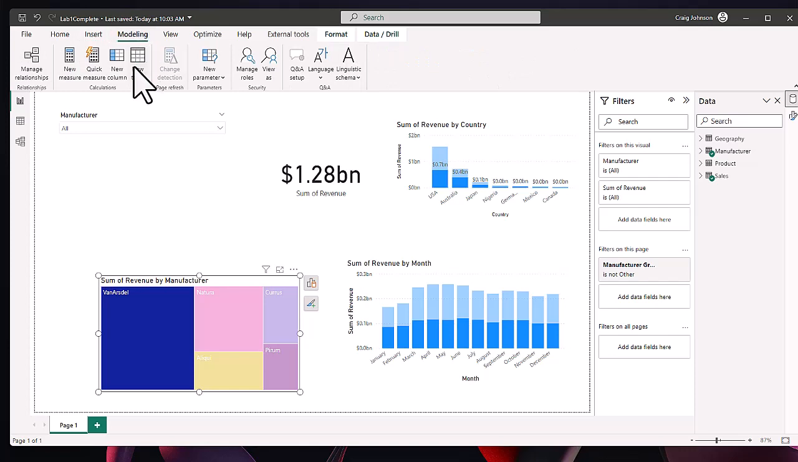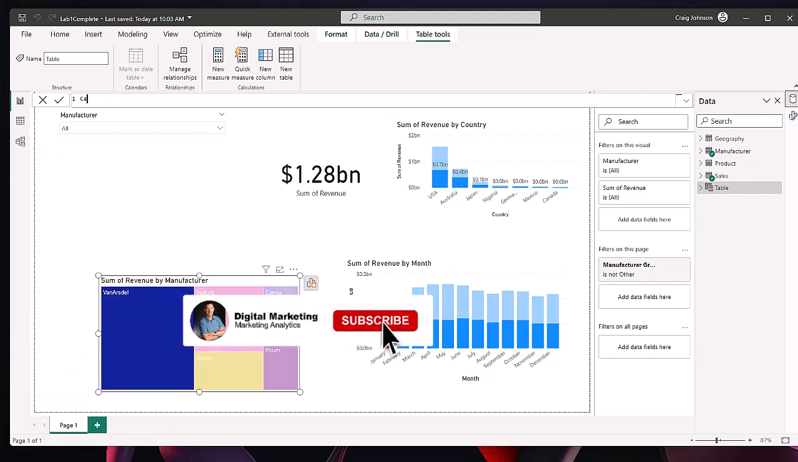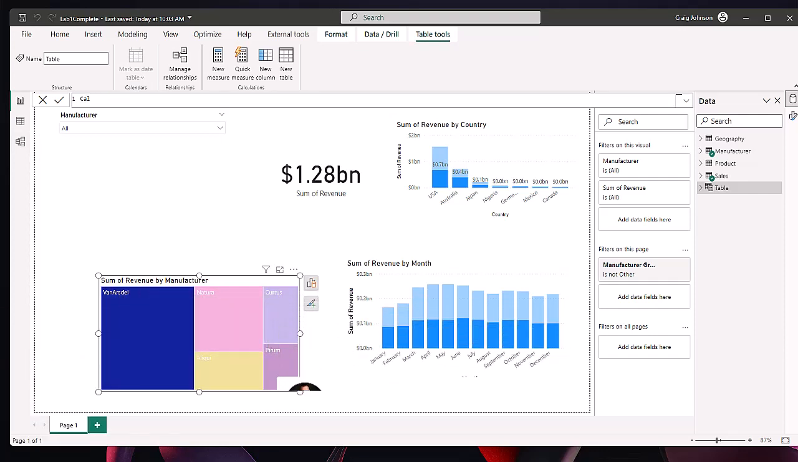You can do a new table, a new column, a new parameter. We'll talk more about those later on. But the new table is going to be a calendar table. And the formula for that is going to be calendar. And we're going to call this a date table, which is the name of the table. And it's going to be calendar, which is the